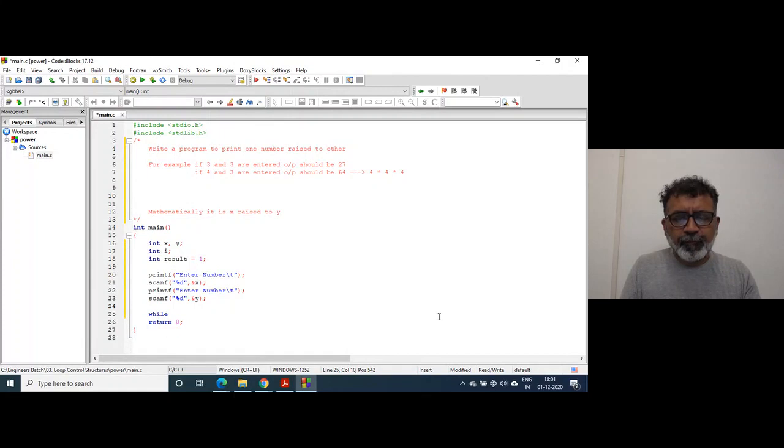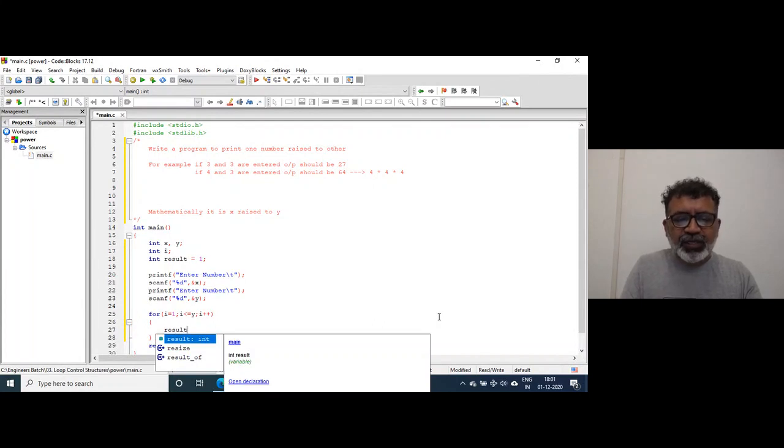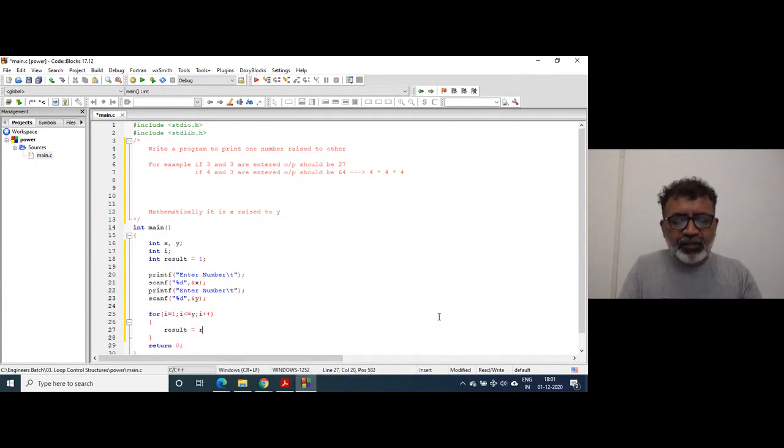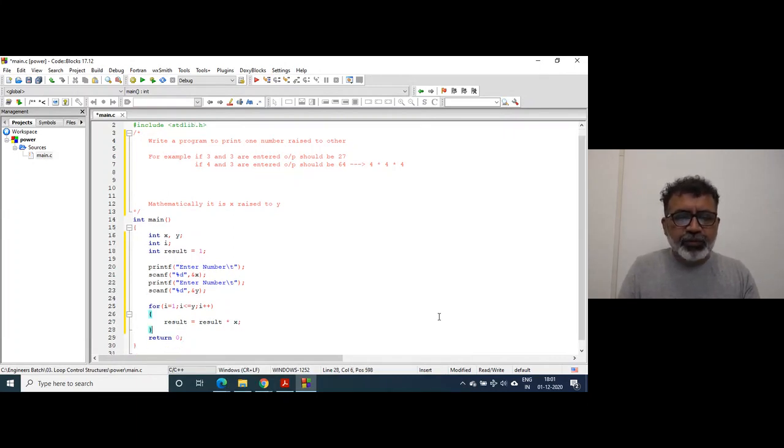Let's check. For i equals 1, i less than or equal to y, because we know y times, i plus plus. What can I write here? result equals result into x. Will it work? I think it should.